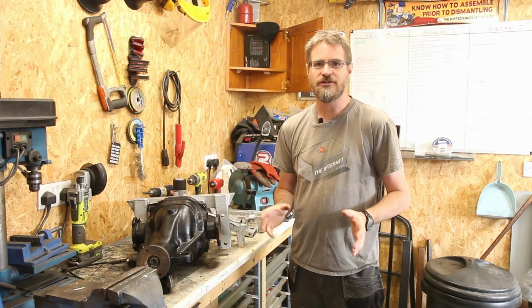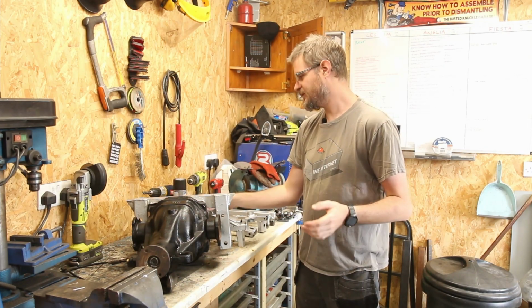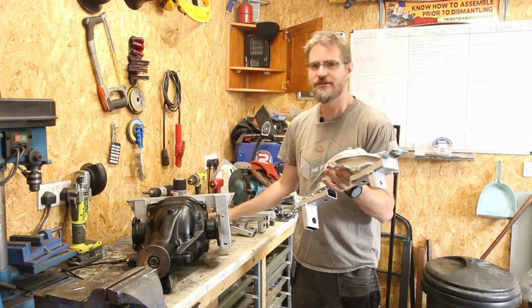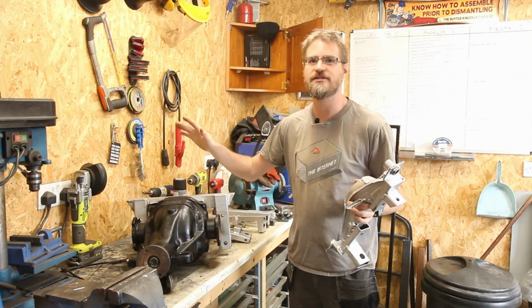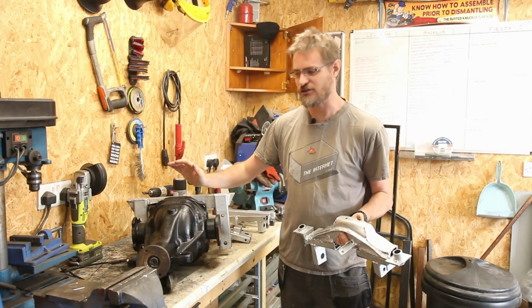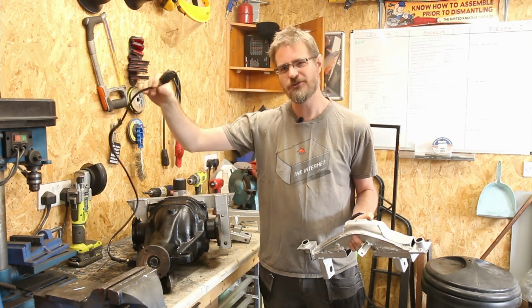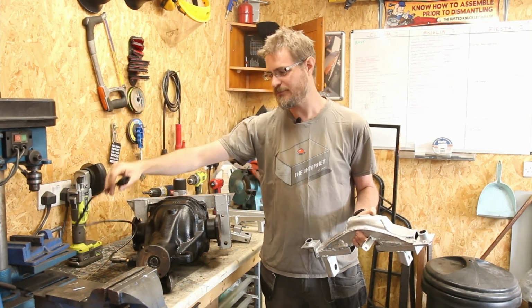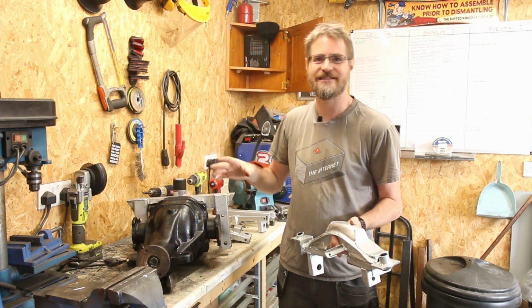So last episode I took out the old rear diff and cut a big hole in the boot floor, and also cut up the old diff carrier to make a new bolt together one to hold this new diff, which is about an inch longer. That is because it has an ABS sensor in the front, which unfortunately I'm not going to be using because it puts out too many pulses per revolution for my Link G4 Plus ECU,